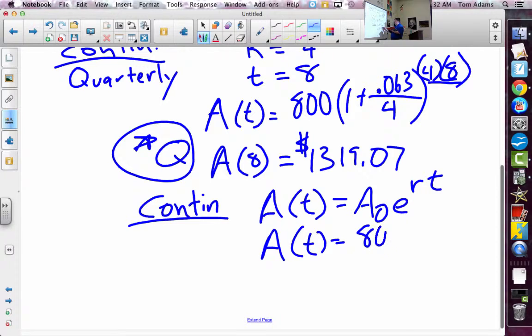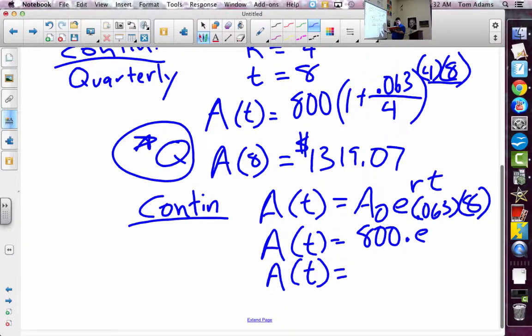I'm going to say 800 times e, which is Euler's number, roughly 2.72, to the rate, which is 0.063, times 8 years. Now, if I plug that in my calculator, I'm going to get $1,324.26. So that is just kind of the basic